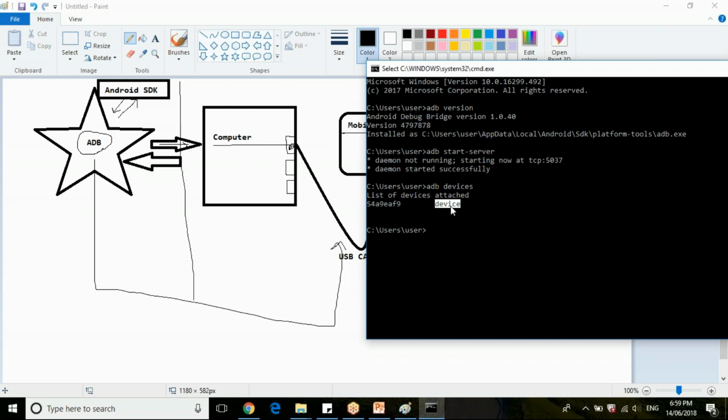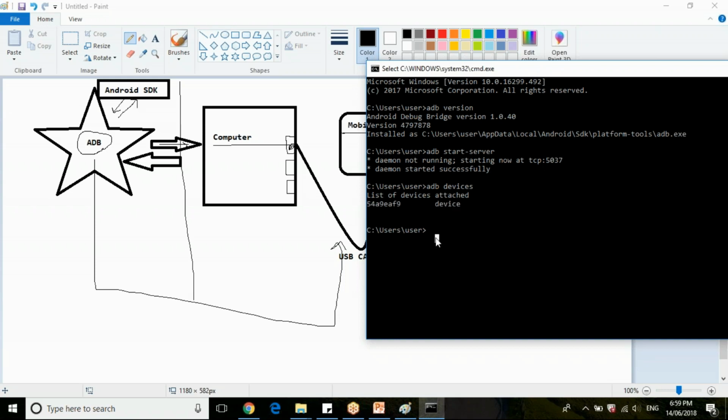Suppose your device is connected with USB and you are not approving access on the mobile, then it will say unauthorized. So you will have multiple statuses here: device, unauthorized.